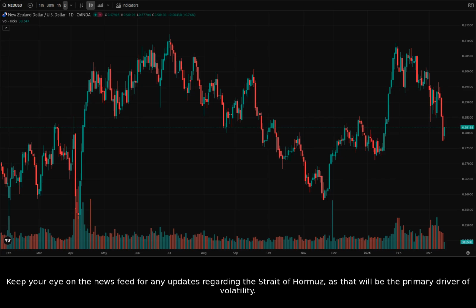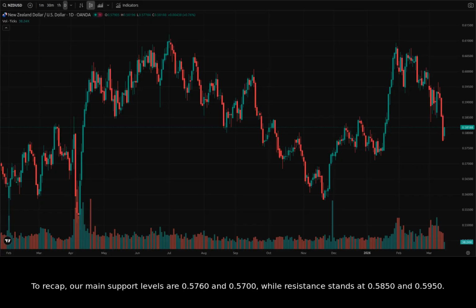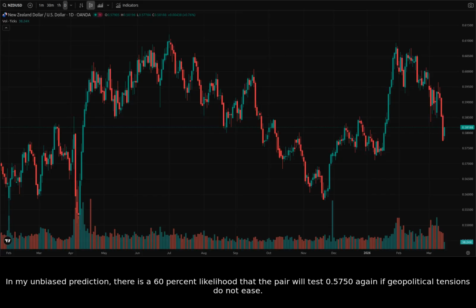Keep your eye on the news feed for any updates regarding the Strait of Hormuz, as that will be the primary driver of volatility. To recap, our main support levels are 0.5760 and 0.5700, while resistance stands at 0.5850 and 0.5950. In my unbiased prediction, there is a 60% likelihood that the pair will test 0.5750 again if geopolitical tensions